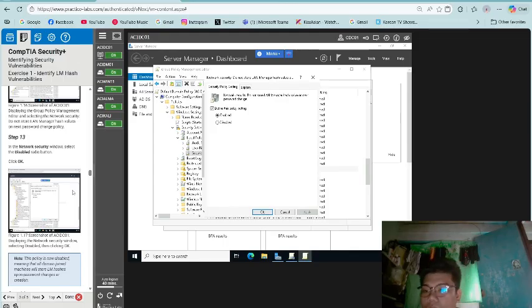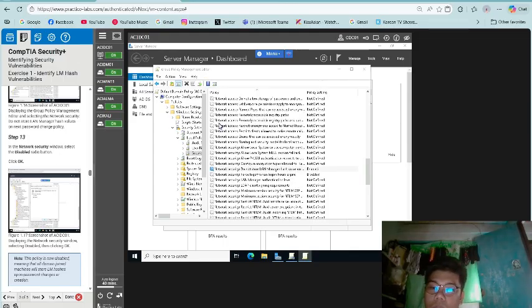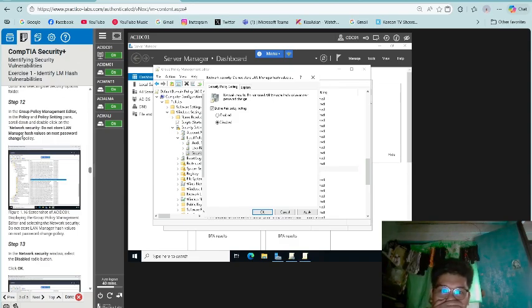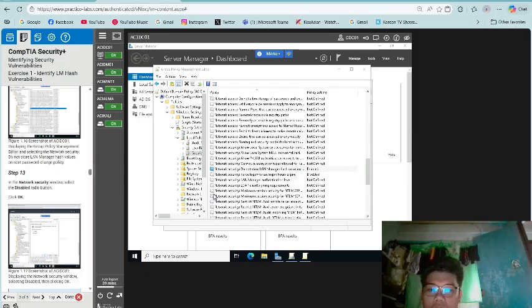Step 13. In the network security window, select the disable radio button. Then click OK.